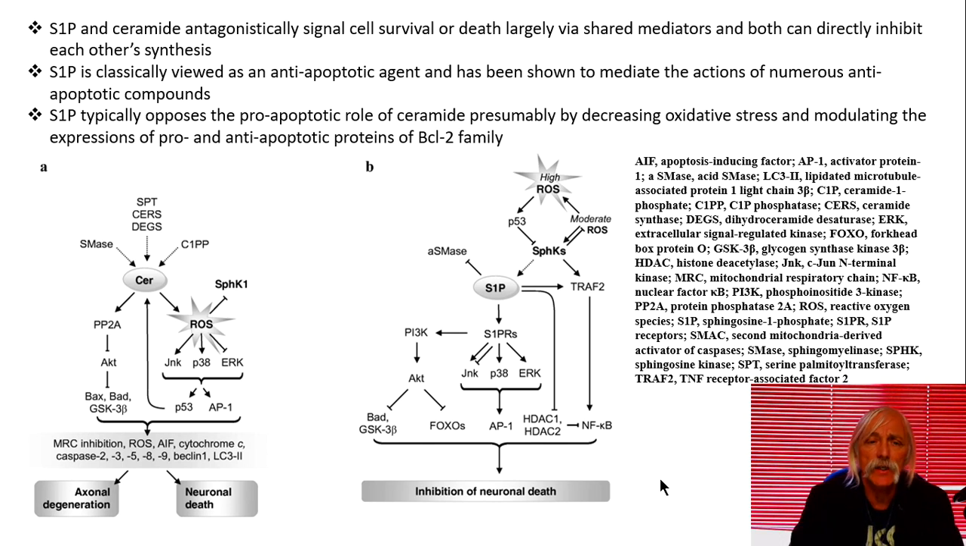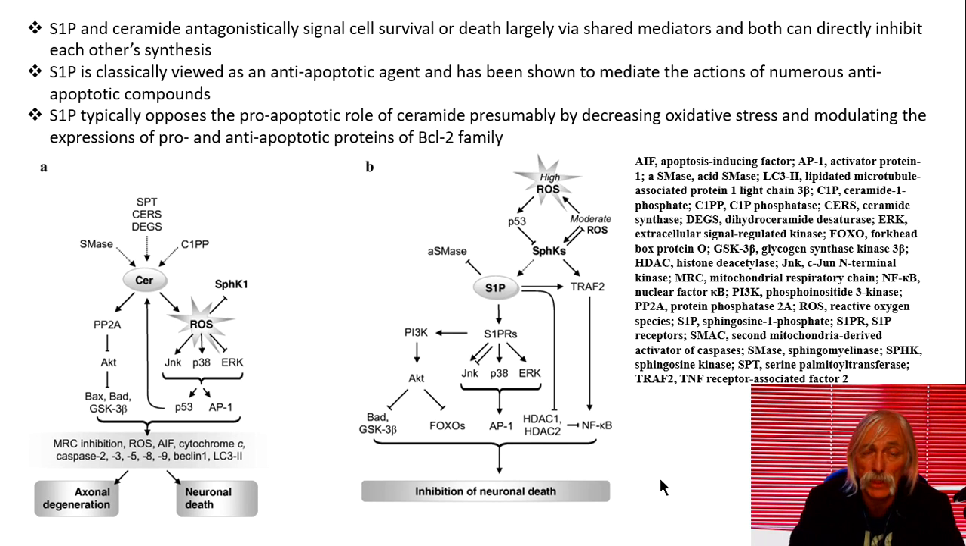Okay, so these two diagrams, A and B, show you high levels of ceramide versus high levels of sphingosine 1-phosphate. S1P and ceramide antagonistically signal cell survival or death, largely via shared mediators, and both can directly inhibit each other's synthesis. Wow, so that makes it already one level more complicated than you might want it to be if you wanted